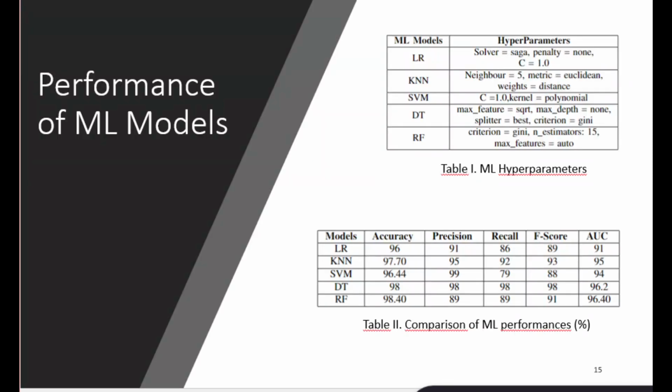After data pre-processing, we applied hyperparameter optimization to all the machine learning models we used to find the highest performance rates. These values are shown in Table 1. Next, we identified the machine learning model with the highest performance for the detection of COVID-19 for the 5 different machine learning models used. According to the results, the model with the highest accuracy is the random forest model with 98.40%,